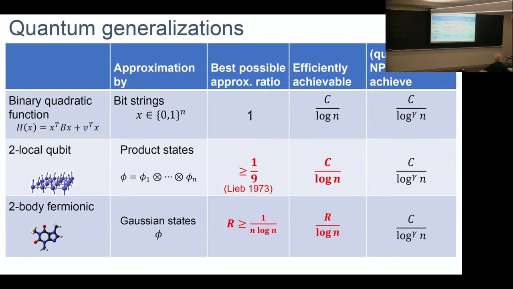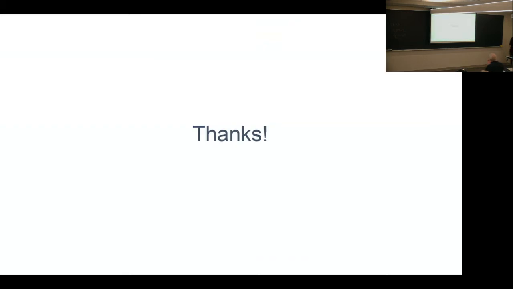So is the hope, or the current understanding, that this class is large enough to get good approximation ratios? I mean, the Fermionic Gaussian states? So good approximation ratios for what? For that factor of 1 over n log n. Oh, I see. Yeah, I don't know. If you ask me what the expected answer for R is, I think there's a hope that it's constant, but I also think it's maybe 50-50. I don't know.